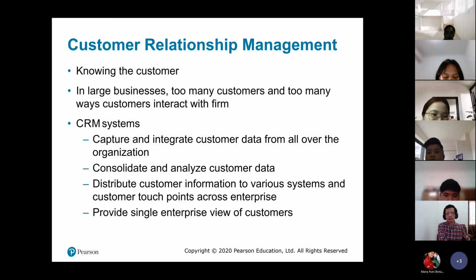Now, that extends to the supplier, to increase the intimacy between the company and their suppliers. Another side of that is to increase intimacy with customers, and that's where customer relationship management plays a part.